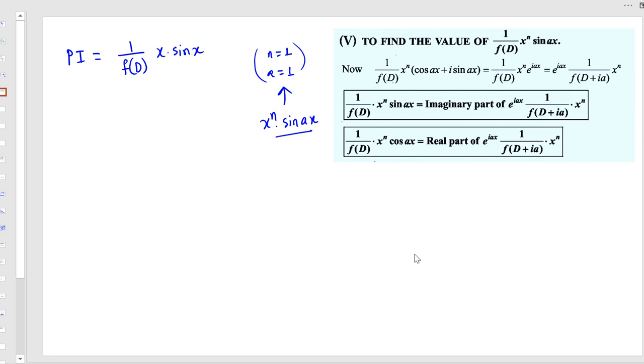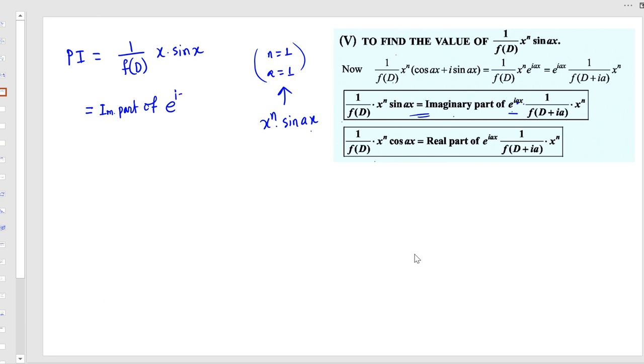So in this case, we first try to find the PI for the exponential function, and then it will be written as the imaginary part of e to the power ix. So directly put the formula, the imaginary part of e to the power i a x,